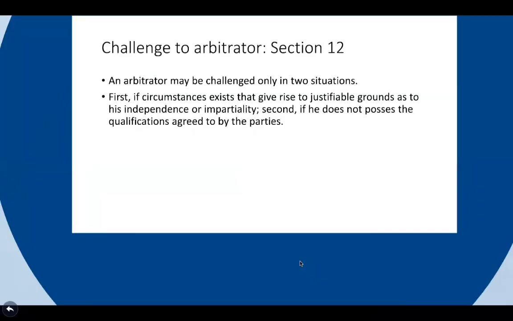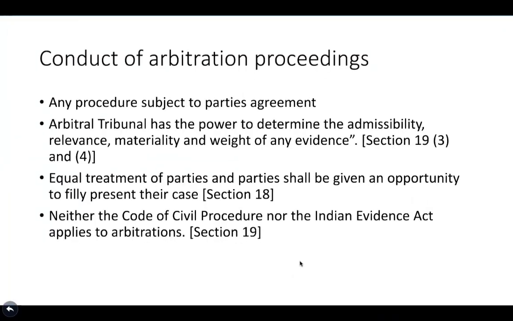Okay, so let's go a bit further to the conduct of arbitration proceedings. As I already said, party autonomy is very important, and it's the creation of the parties' agreement. So of course the procedure is something which should be decided by the parties. But if the parties have not decided something, then the tribunal gets a right to determine which procedure they should adopt. And whenever they adopt a procedure, they have to look into what the parties' agreement was.